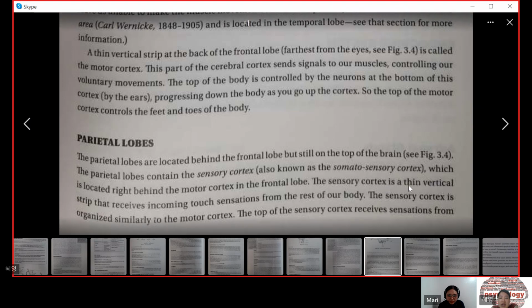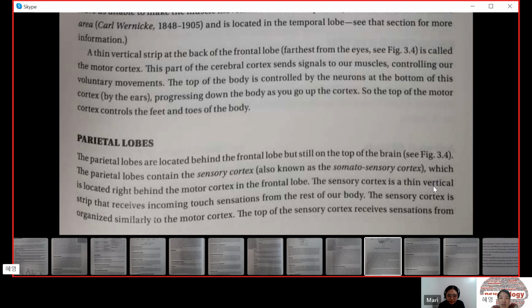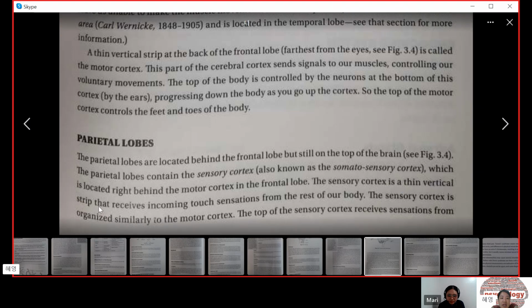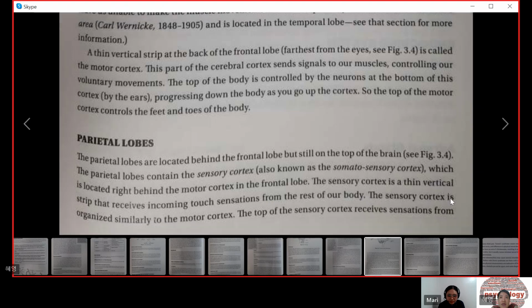The sensory cortex is a thin vertical strip that receives incoming touch sensation from the rest of our body. The sensory cortex is organized